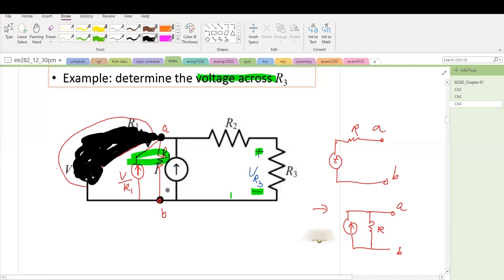Now, if we look at this circuit, there's a current source and this resistor in parallel, here are R2 and R3. We can obtain the voltage on R3 by analyzing this circuit very easily. Now we can combine this current source with this current source together, so we